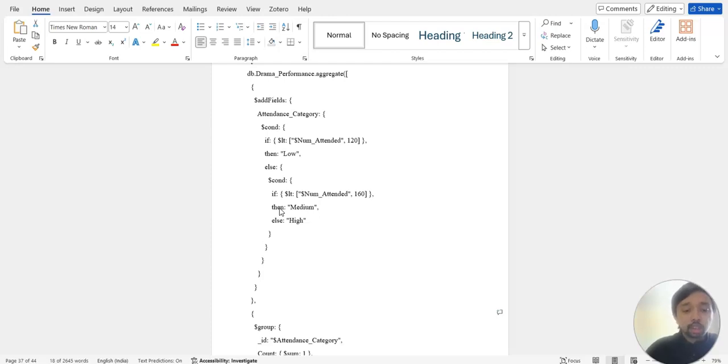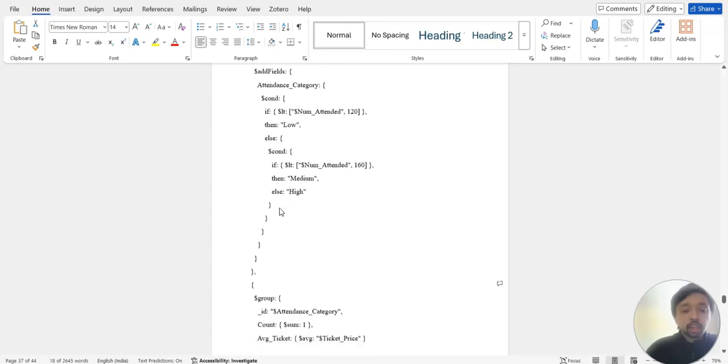And then coming to the second main stage of this query, that is the group stage. In this, the attendance category has been mentioned, and also the count part, where the number of performances in each category is calculated, and the sum of 1 increments the count for every document, adding a value of 1 for each document.